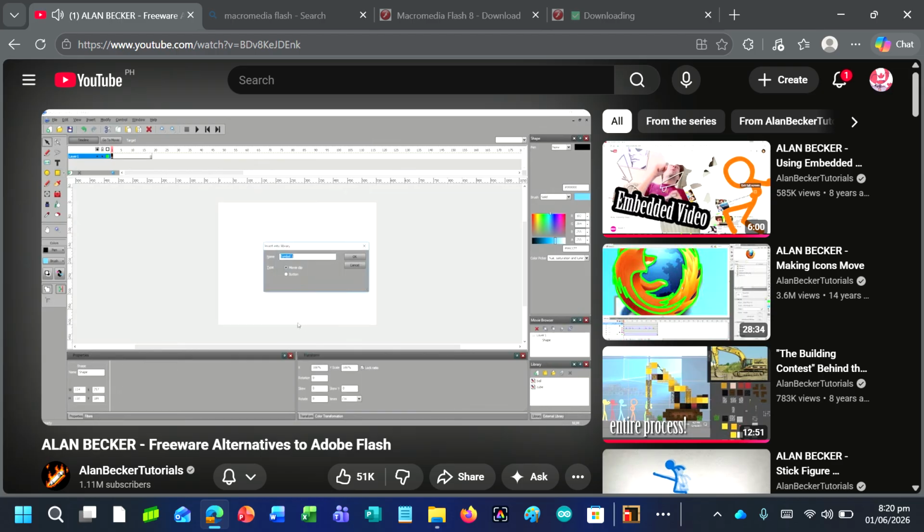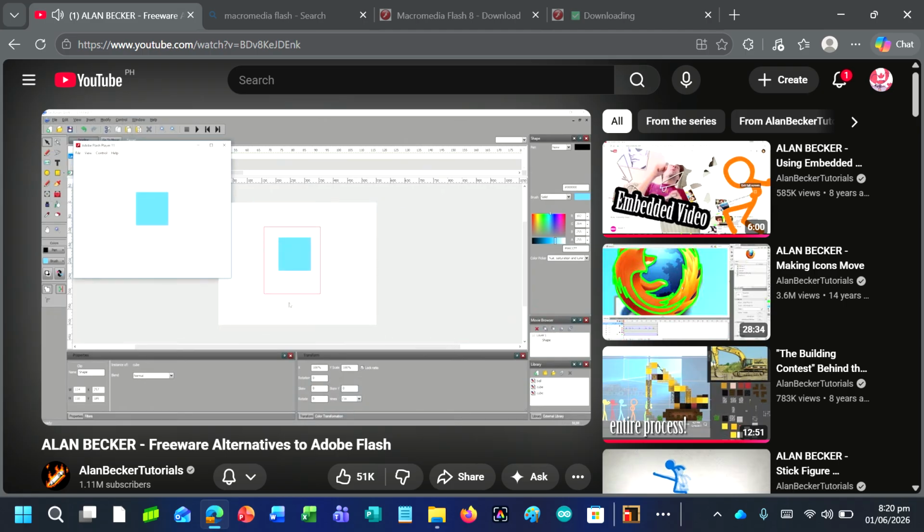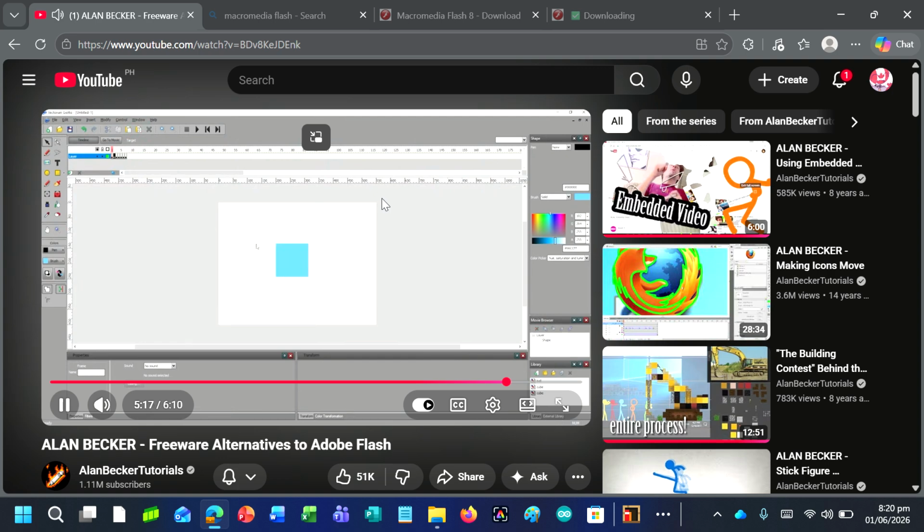They do have movie clip symbols, but a key difference between movie clip symbols and graphic symbols is that graphic symbols will play in the timeline, while movie clips do not play until you export the final product. That's a big drawback for me. There also doesn't seem to be any indicator that shows when you're inside of a symbol